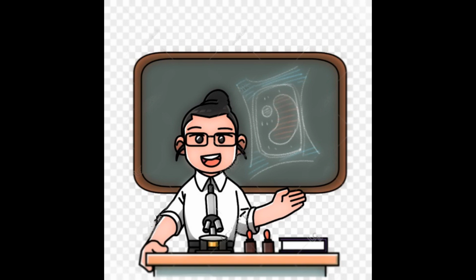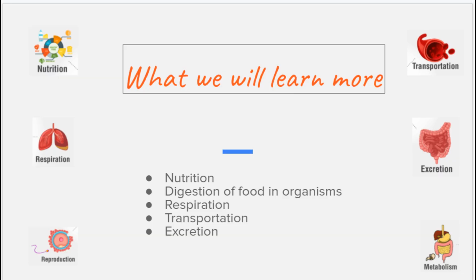So students, this is the introduction of the chapter. Hope you have understood. The chapter contains the process of nutrition, how it is done in different organisms, then what is the exact process required for the digestion of the food in case of various organisms like amoeba, like human beings. Then we shall also cover plants, that is the process of taking in food or the process of nutrition in case of plants.